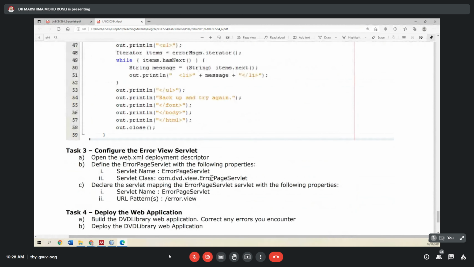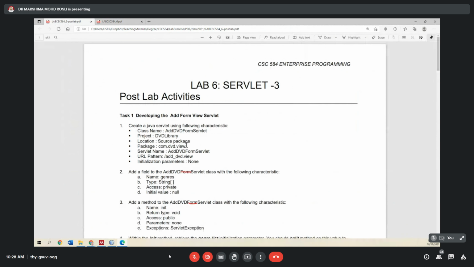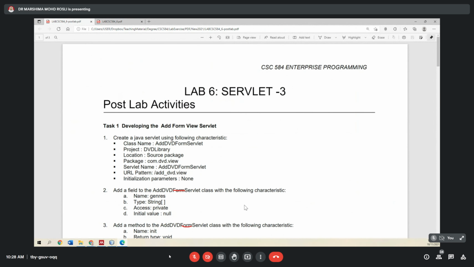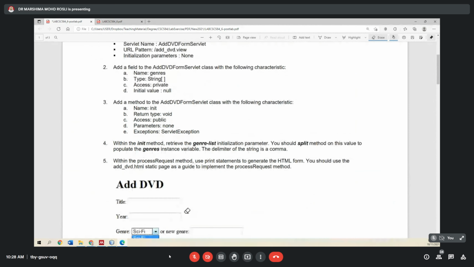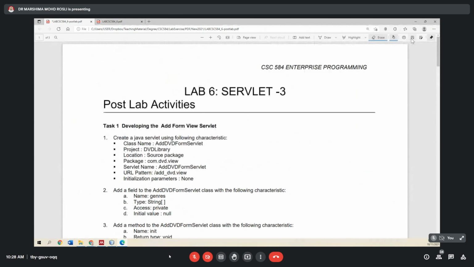Okay, after that you kena buat post lab. Okay, in the post lab ini kena submit lah, ya. So for this post lab, sekejap ya. Ni tak ada read. Alright, okay. So for the post lab,